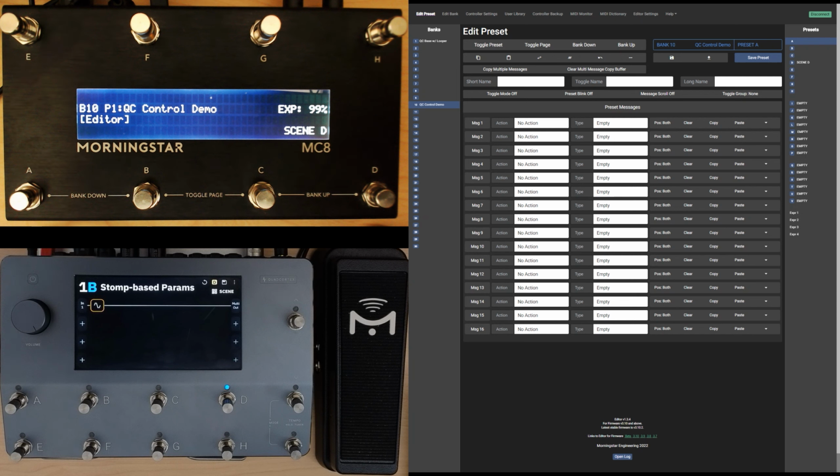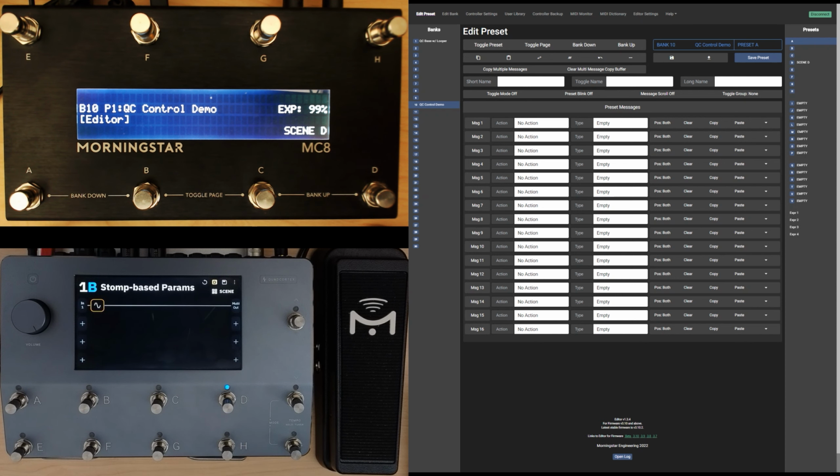To be fair, this is somewhat limited because we don't have a lot of options with MIDI control on the QC right now, meaning we can't directly select a block and do anything with it. But we can work around that somewhat by leveraging the expression pedals. Since we can assign pretty much almost anything to an expression pedal for control, and since we can send expression pedal commands via MIDI, we've got a loophole here where we can enable, let's say